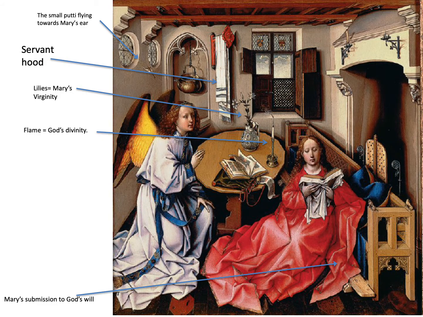Here's the detail of the central panel of the Merode altarpiece. You can see the symbolism even more clearly and up close here. That snuffed out candle that I mentioned in the last slide: you can see above the fireplace there's a candle that's unlit. Mary kneels at a kneeling bench. There is a bright blue pillow next to her red garment. That juxtaposition helps Mary stand out. If you follow the red all the way around the canvas, you'll see that it leads your eye completely around the picture.